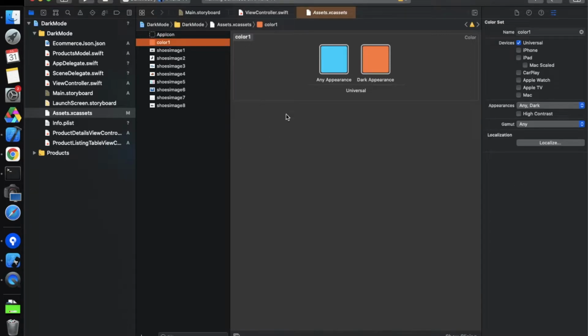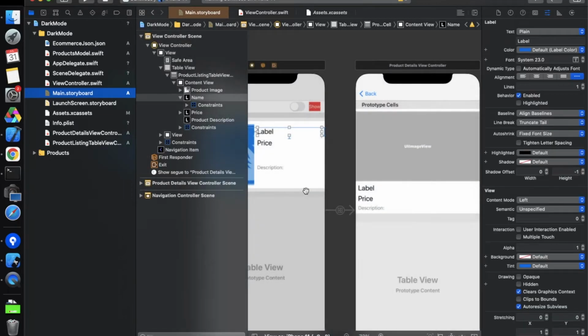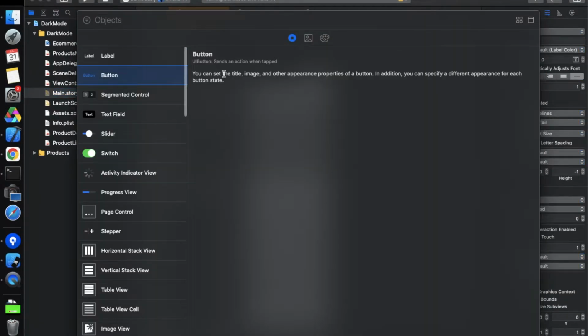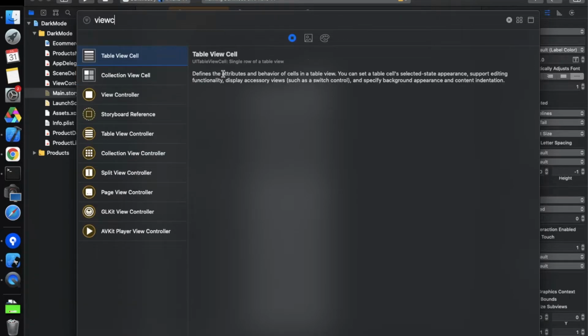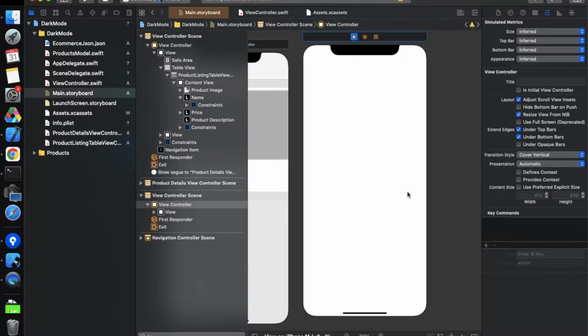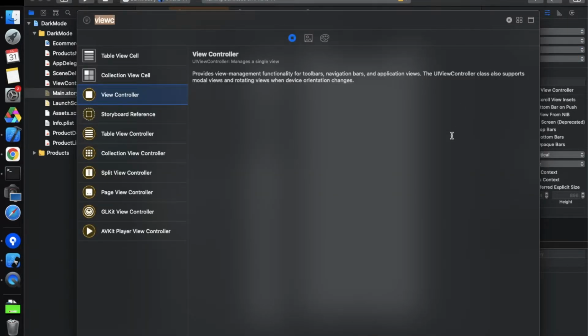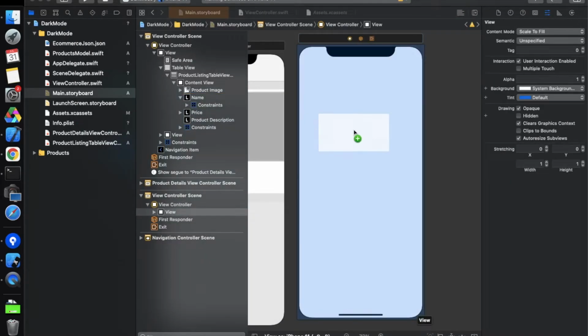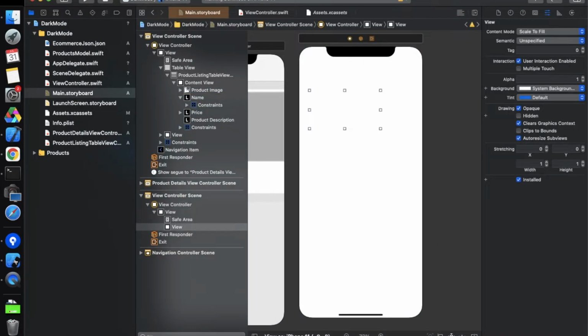And now if we want to use these two things in our code, let's create one more screen which we have seen in the demo part, that is the third screen. So this is the view controller, this one. Okay, so now let's take a simple view over here, and the height of this view should be fixed.